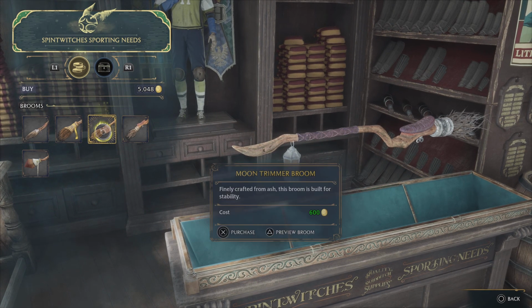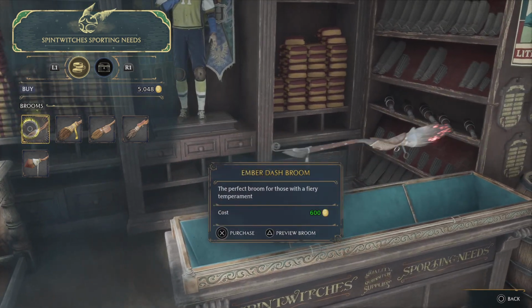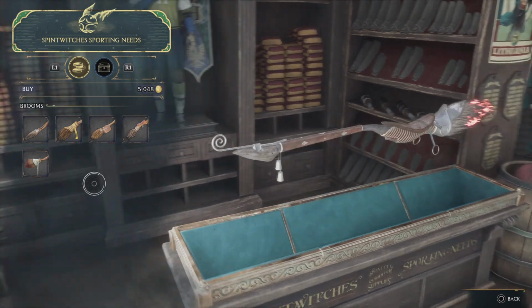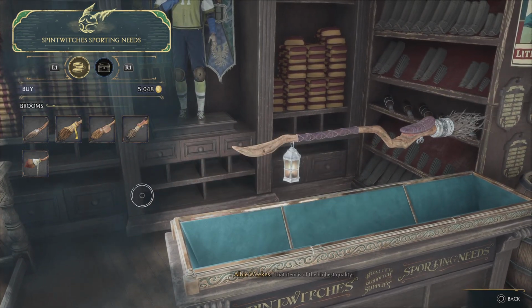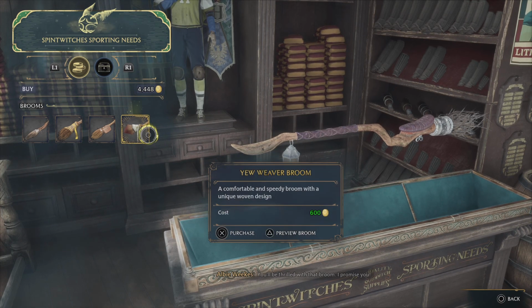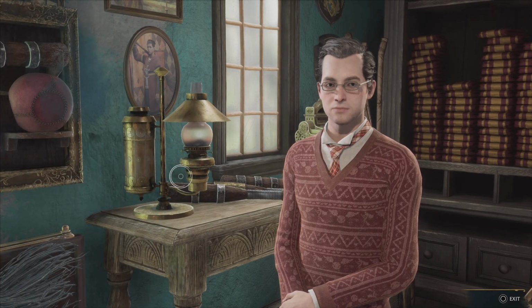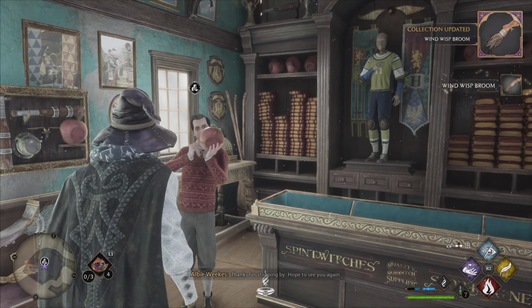So I'm thinking... I really don't like that one. That comes with bells. Okay, I'm thinking this one. They're all... Yes, I get it. You'll be thrilled with that broom, I promise you. I could buy more, but I don't need to. Alright, I have my broom. Thanks for stopping by. Hope to see...